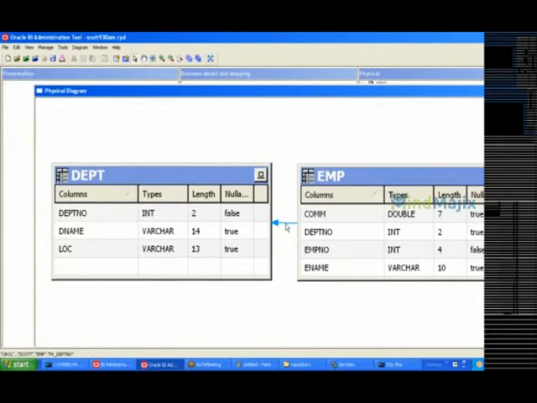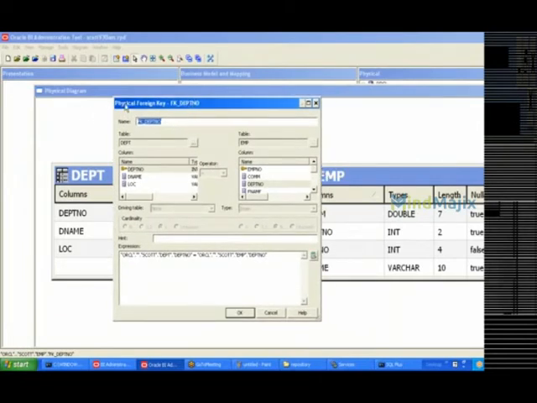Now if you double-click on this join icon, we are able to see the join condition. Here this is the name, which is physical foreign key. Physical foreign key is the join type, and if you want to provide a specialized name, you can provide your own join name here, but the join type cannot be changed. And here this is the join condition. As of now you are able to see an equality operator, which means it is a foreign key join.